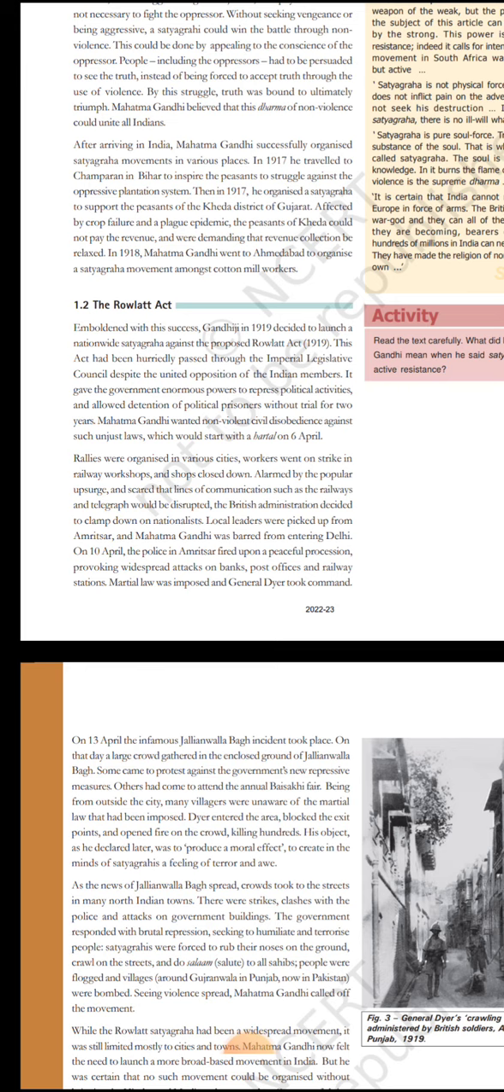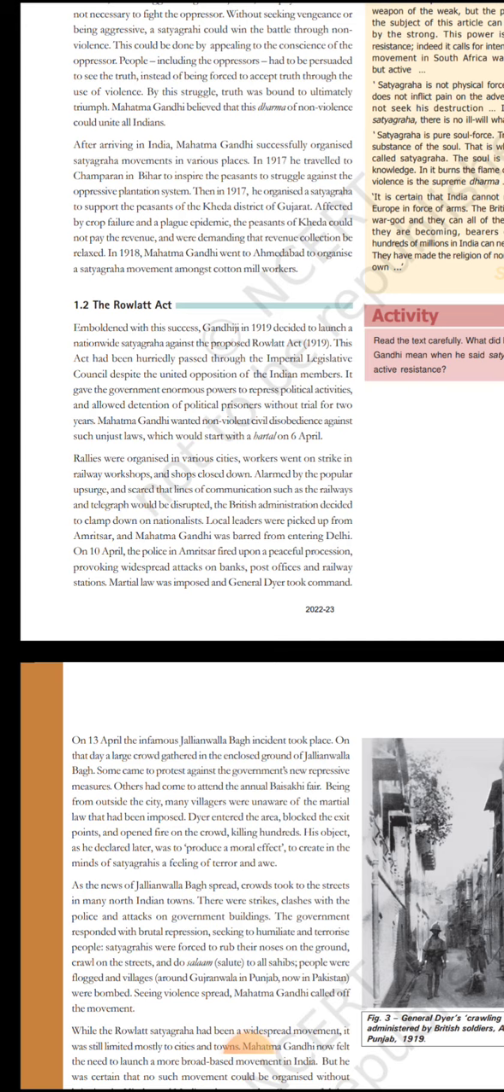And in Amritsar, on 10 April, the police fired upon a peaceful procession, and there were widespread attacks on banks, post offices, railways, and martial law was also imposed. Firstly, what is martial law? Martial law is a law in which the government's power goes to the army. The army takes the power, and this law was imposed, and General Dyer took command of